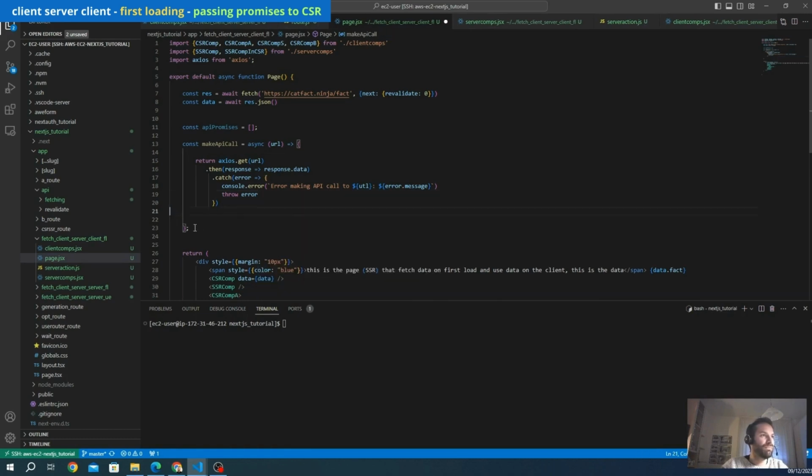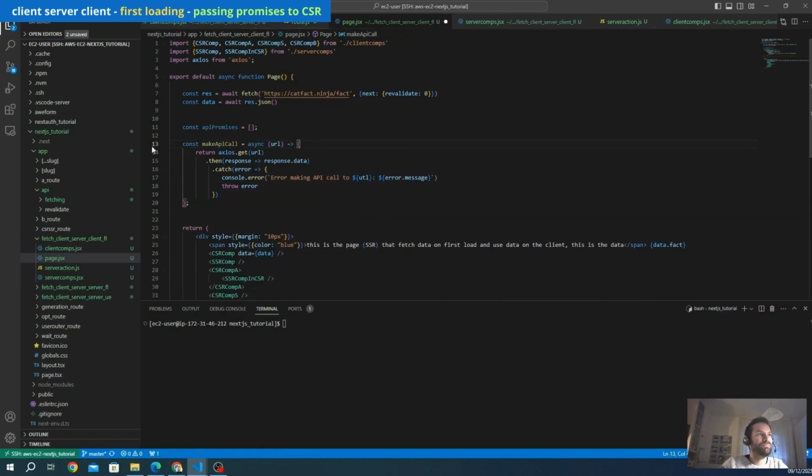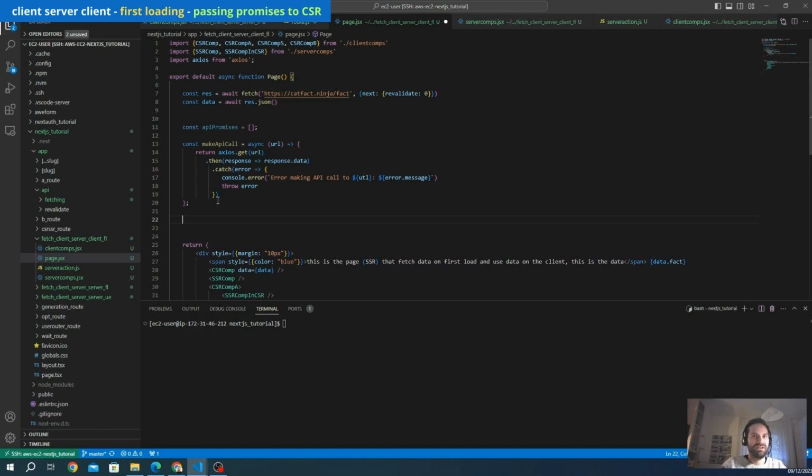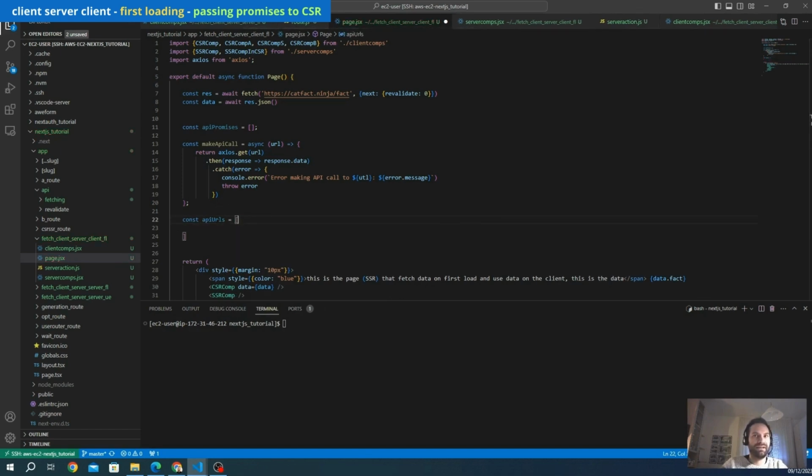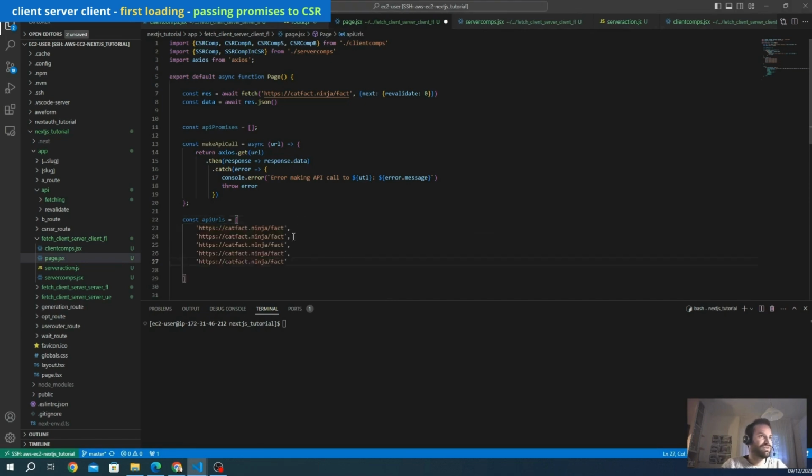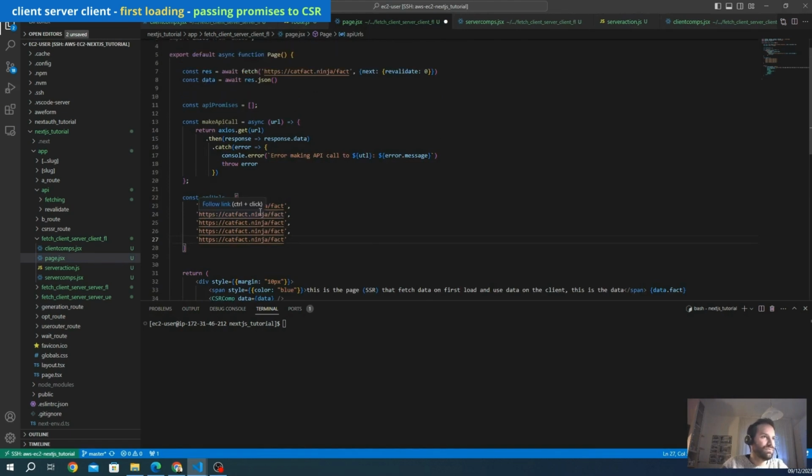So we have our multiple API calls. We're going to push all the API calls inside the API promises really fast. We don't need to wait until each API call is resolved, and we don't need to wait that each API call is complete before passing to the component, but we are going to pass all the promises. In this case, we define an API URLs list, and in our case it is all the same, but you can change depending on your specific needs. You can put many different endpoints, and of course usually you need many different endpoints